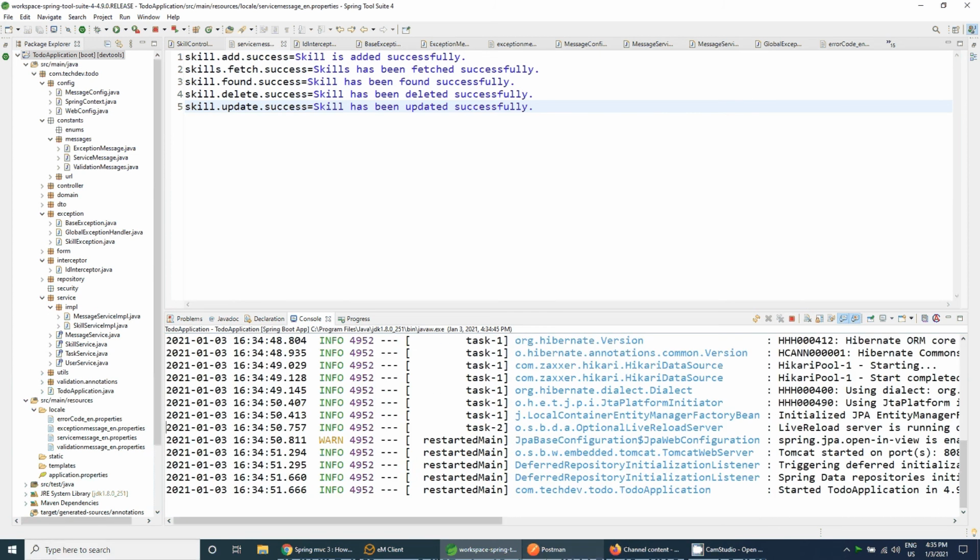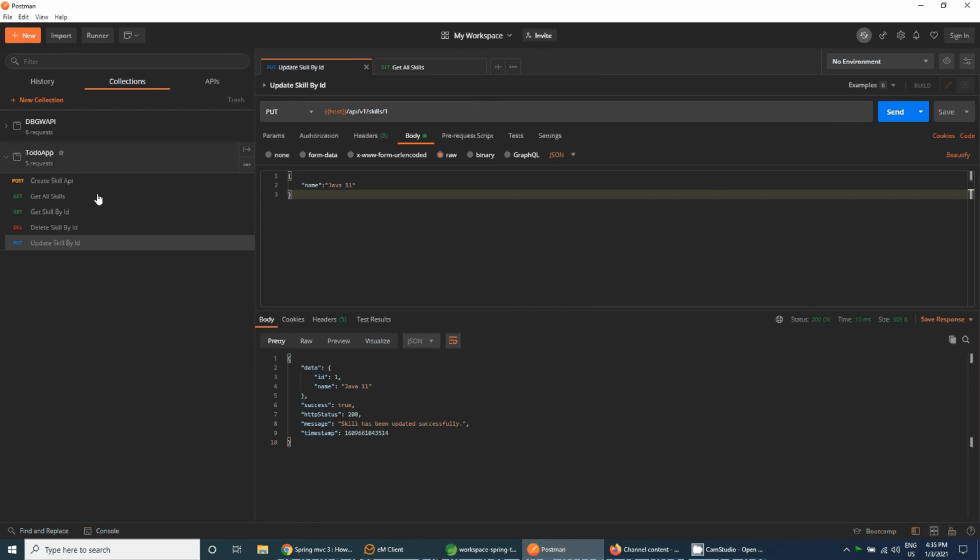Let's move to the Postman, and all of the APIs related to skill controller have been already completed. We just need to check that the ID interceptor is validating or not. So we have update skill by ID, delete skill by ID, and get skill by ID. These three APIs in which we are passing the skill ID in the path variable.